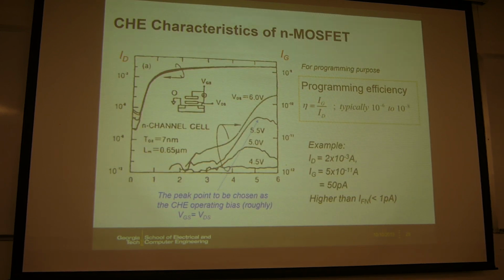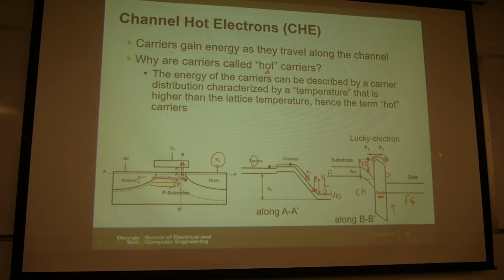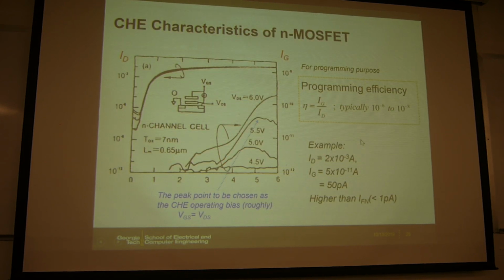Okay, but here the probability for the electrons to jump over the barrier is actually pretty small, and sometimes this is called the lucky electron, because the electron has to gain enough kinetic energy and then it may jump over. So the probability is actually small. So how small is it? We can actually measure this by measuring the transistor